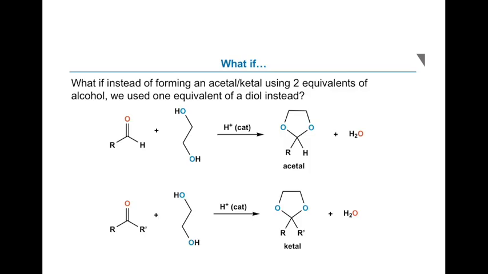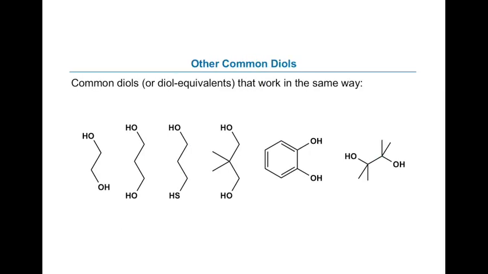And these in general are more stable than their acyclic components. These are the common diols that we use to make these cyclic structures. And what you'll notice is I've got a 4-membered system plus the carbonyl equals a 5-membered cyclic structure. This is a 5-membered piece: oxygen, 3 carbons, oxygen. That gives me a 6-membered structure.